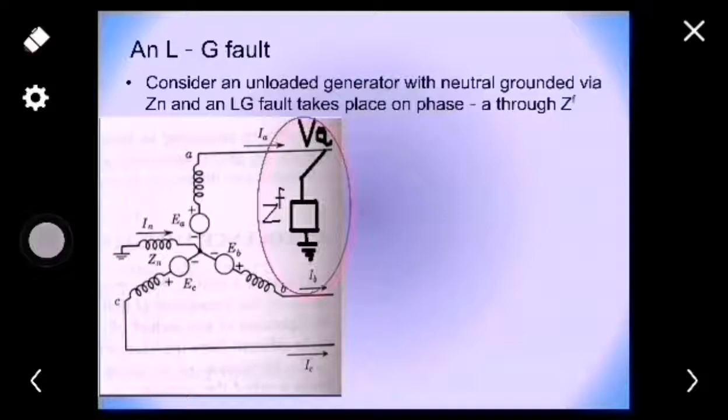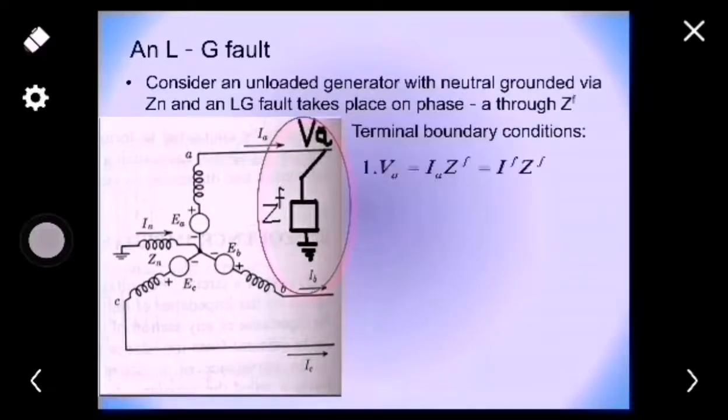So now let us define the boundary conditions first. Definitely the first boundary condition is that my fault current IA itself is flowing from phase A to ground via ZF. So the potential difference between this phase A and ground via ZF can be represented as VA equal to IA into ZF, or IF into ZF. Here fault current IF is to be derived, and fault current IF is itself the IA phase current. Now at that time, as the machine was unloaded before occurrence of the fault, IB phase current and IC phase current in the boundary condition should be 0. So definitely IB and IC will be 0.